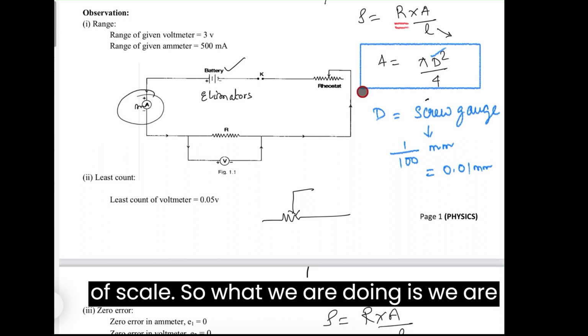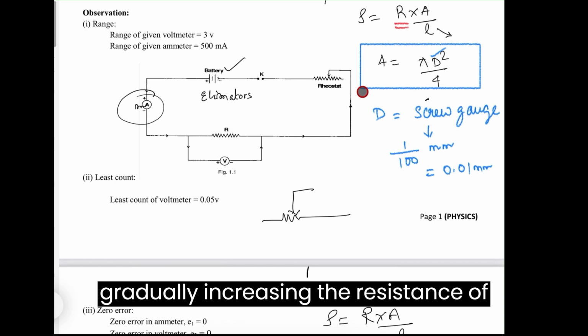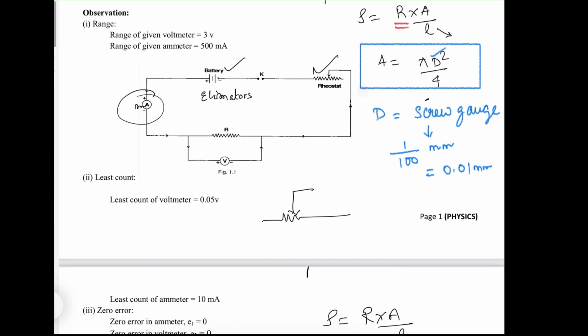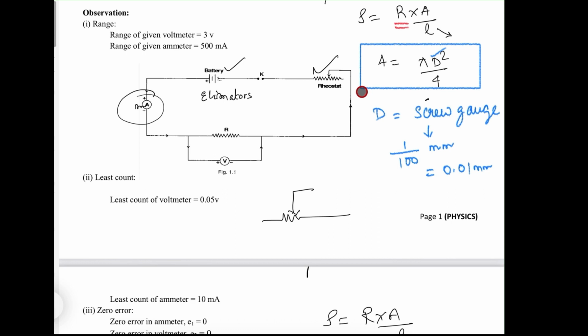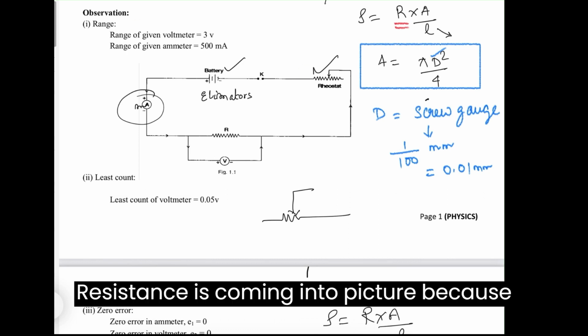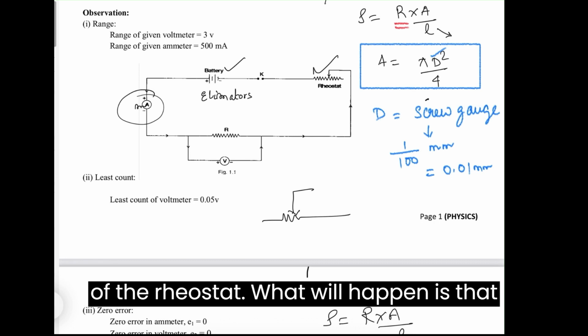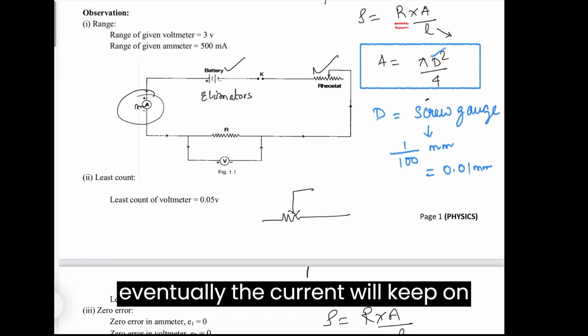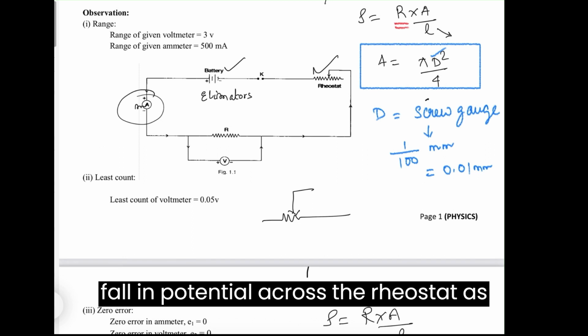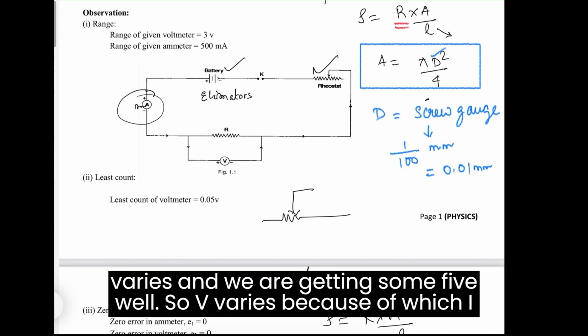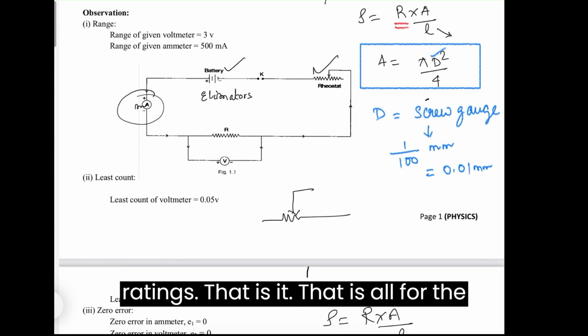So what we are doing is we are gradually increasing the resistance of the circuit, and as more and more resistance is coming into the picture because of the rheostat, eventually the current will keep on decreasing, because there will be some fall in potential across the rheostat as well. So V varies, because of which I varies, and we are getting some 5 readings. That's it. That is all for the